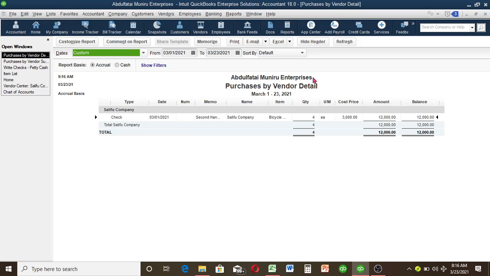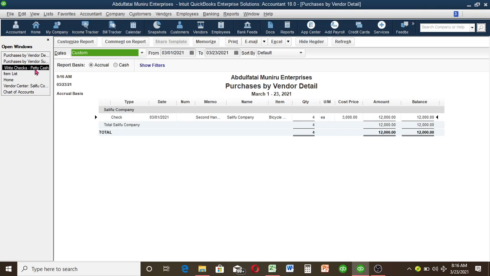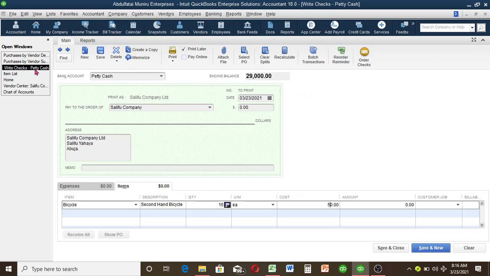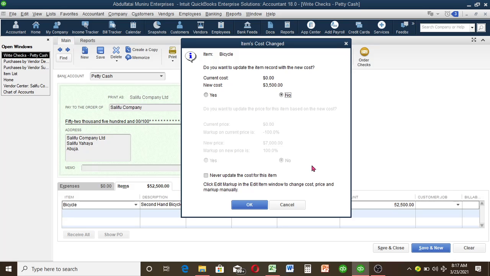So let me go back here, write check and use around 3,000. So I'm buying 3,000, but let's say 3,500. Okay, 3,500. So you can see now we have 3,500. When you click on the amount button, it will automatically calculate itself. Then it will bring up